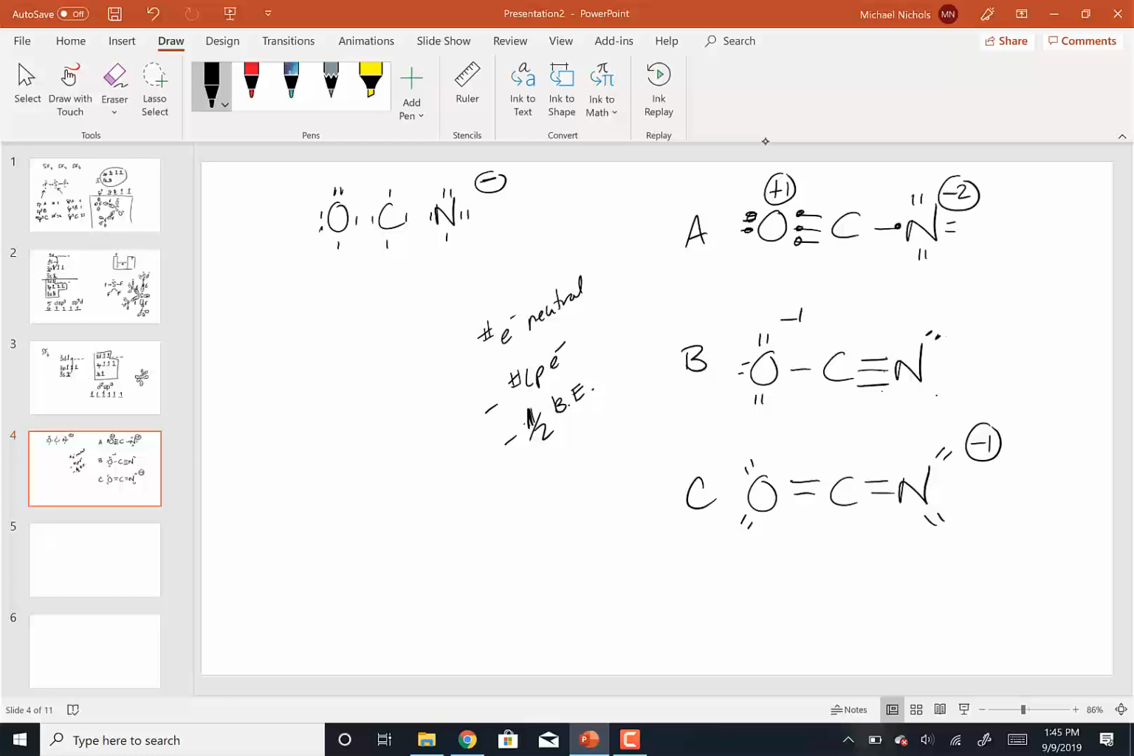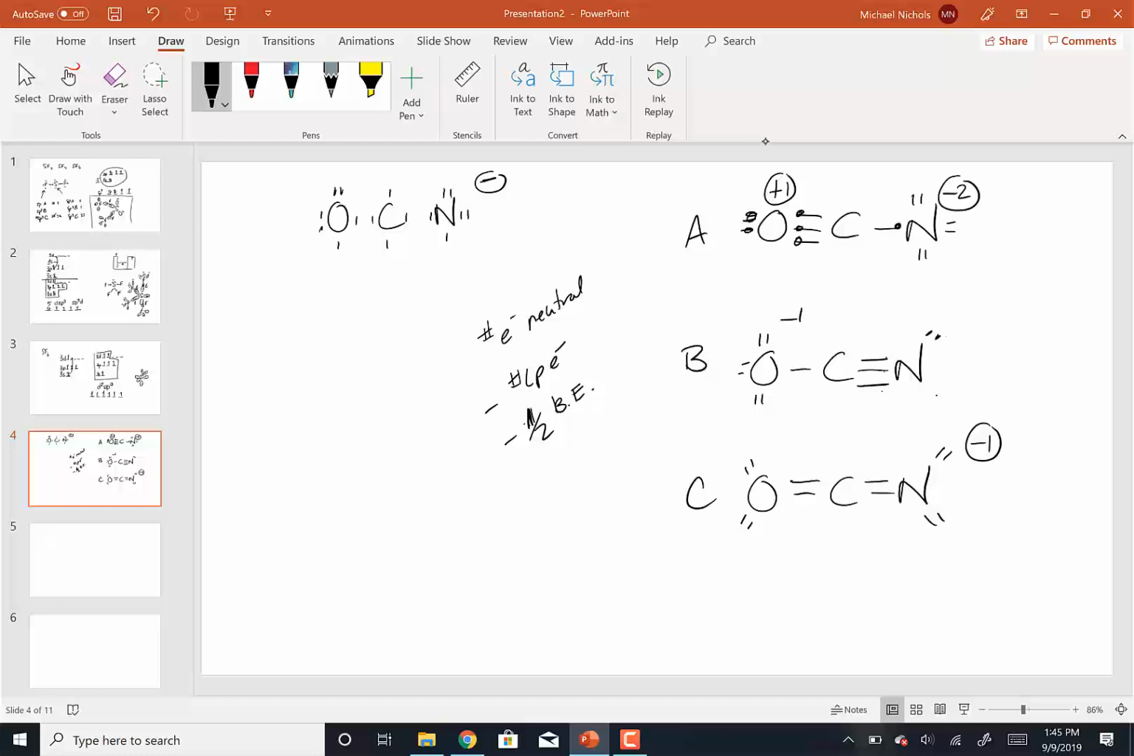And the question is, are any of these the true structure of OCN minus? And the answer is no. These are all resonance structures. So the true structure is the resonance hybrid. And the resonance hybrid is going to be the average of these 3 structures, sort of the numerical average. So